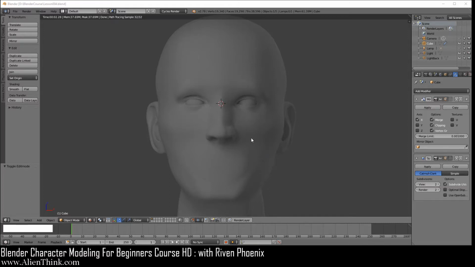Okay, so before we move on to our next lesson, which is going to be lesson 5, where we are going to be looking at the ellipse, we're going to right now take a look at understanding what triangles and quads are in 3D modeling, because we're going to actually make a slight change in the ear. But before we do that, I need to explain to you some really important concepts in 3D modeling and when